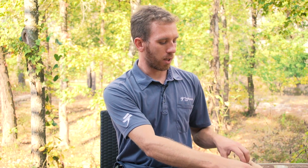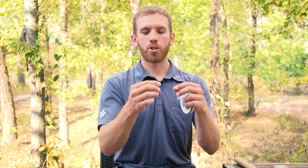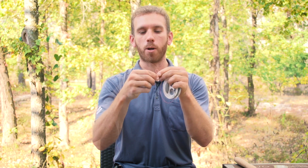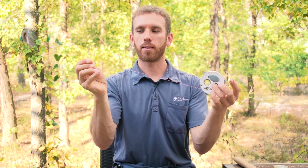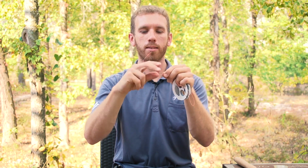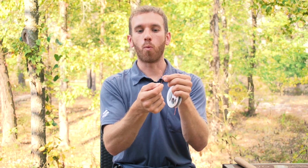If you're using what we call the level line, you're just going to tie a very simple stopper. Any knot works okay here. You're going to tie that on both ends of the line. And then the line that goes on the rod tip, here's where we use the one knot that I like